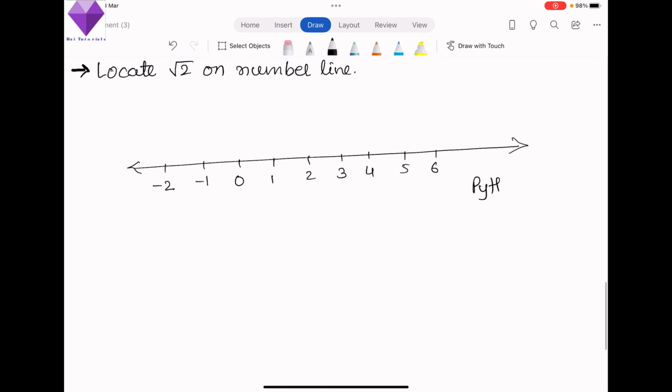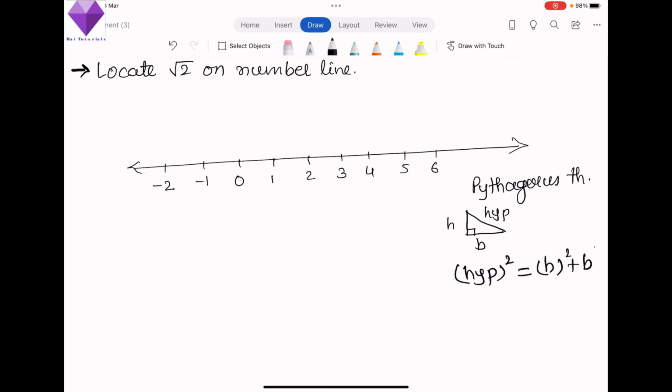See, Pythagoras theorem. What was that? In a right triangle with hypotenuse, base and height. If I am given a right triangle, so hypotenuse square equals height square plus base square. So suppose here